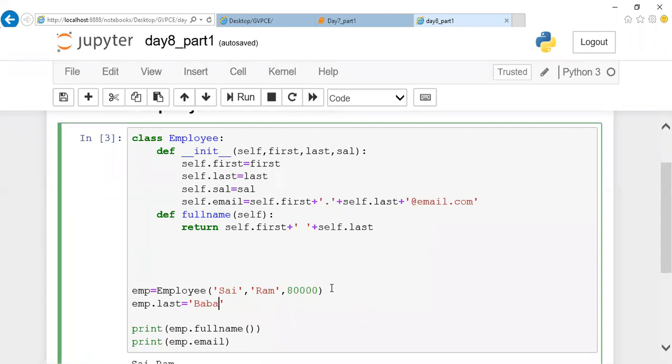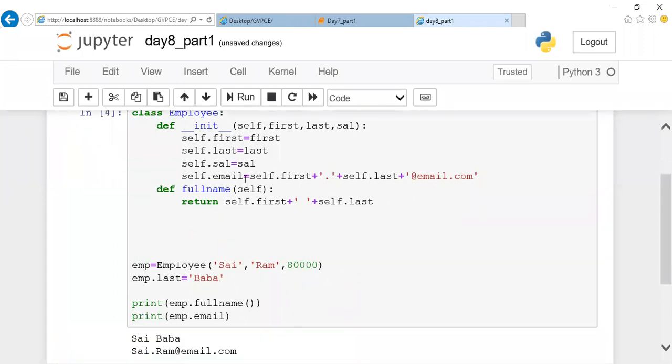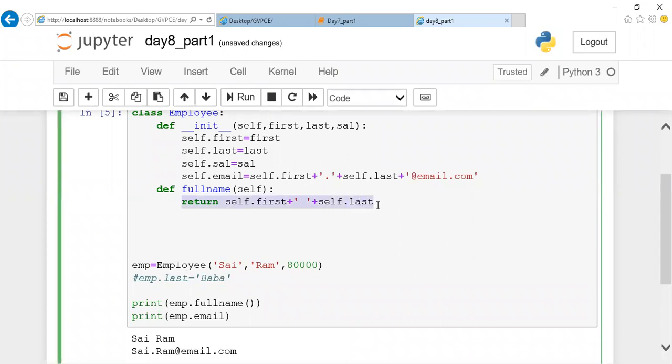You can see no difference. Now I'm going to execute it. You can notice what happened previously. Just a minute, I'll comment it out. I'll show you this one. Previously, no changes at all. Whatever value I'm passing, this value has been formed. And when I call emp dot full name, this full name has been initialized and printed. The same way, if I call email ID, the email ID prints fine.